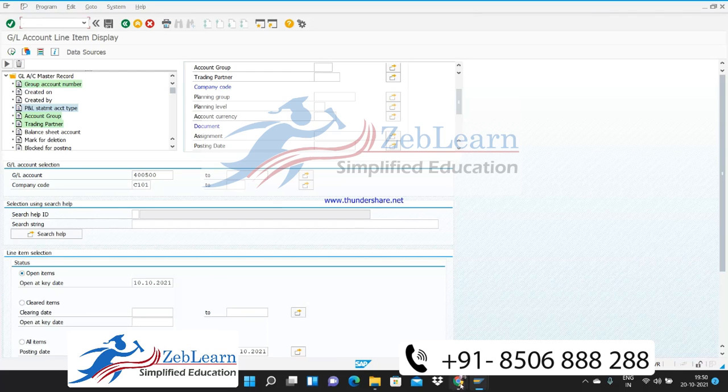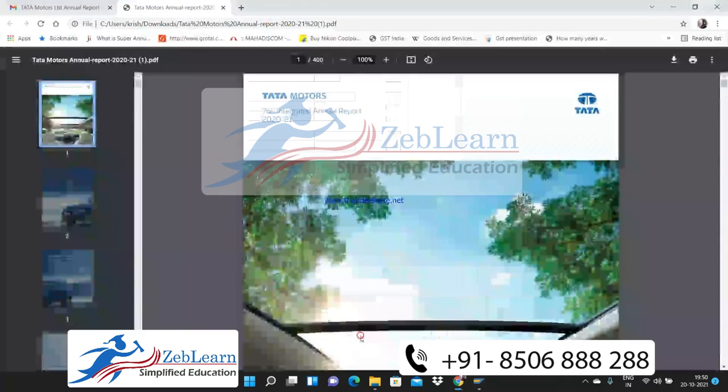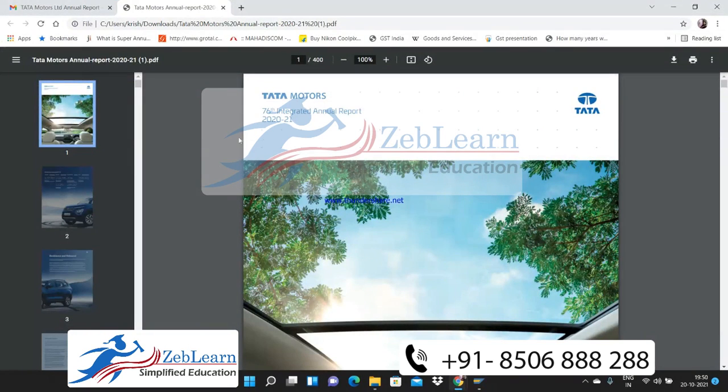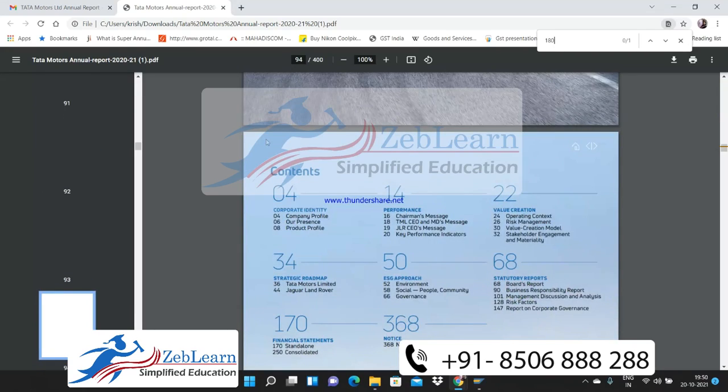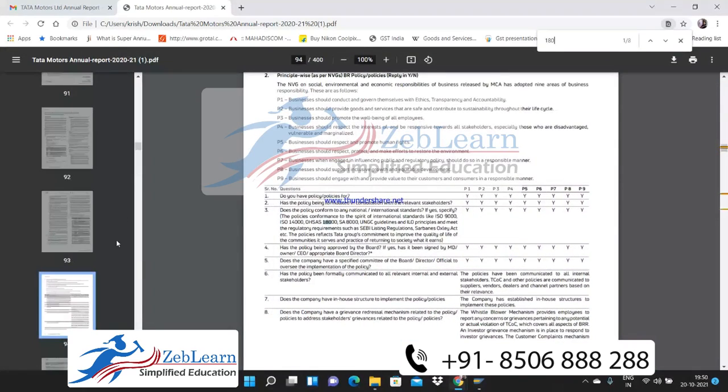So I have extracted data from Tata Motors Limited. Control F. 80. So far, have you